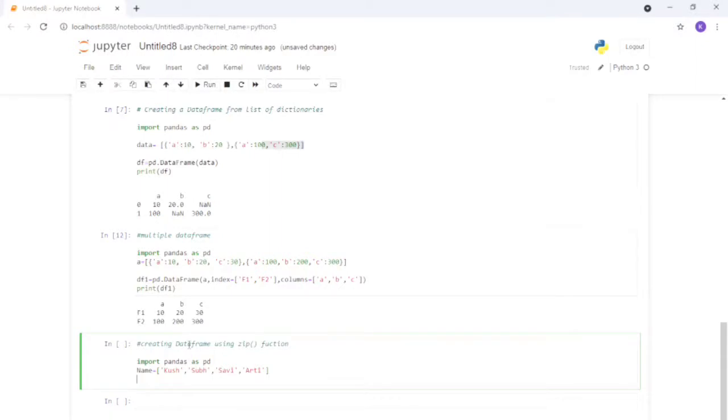Clear. And then I'm creating a second list with the name of age, or class, whatever you choose, like age 25, 23, 24, 26. So here you can see we have created two lists. Now we have to merge these lists by using the zip function. So how can you create it?